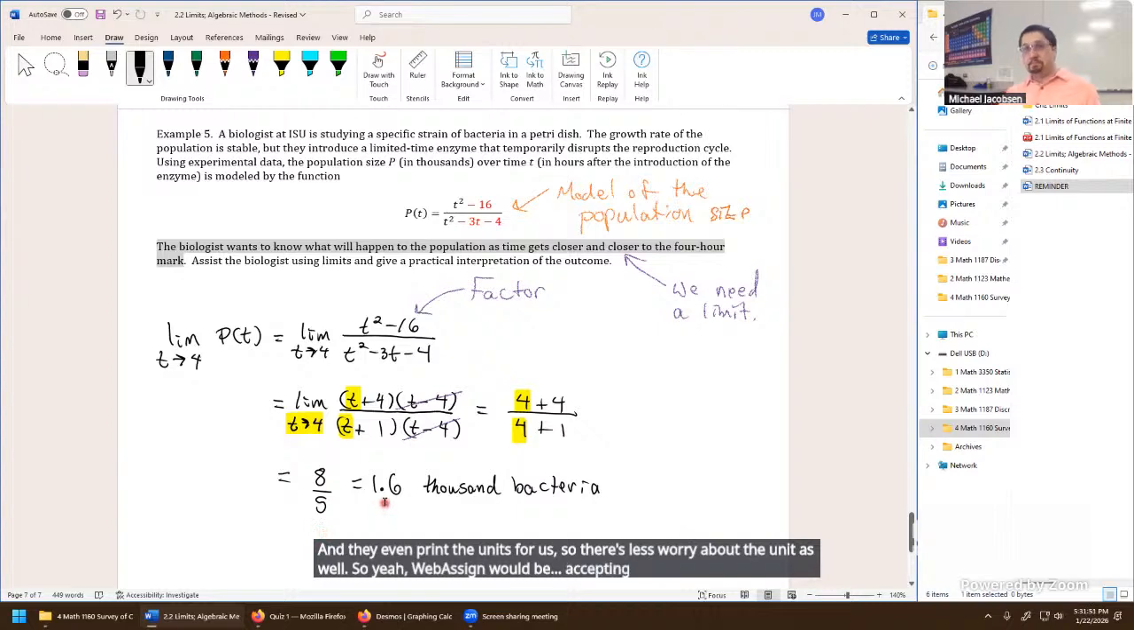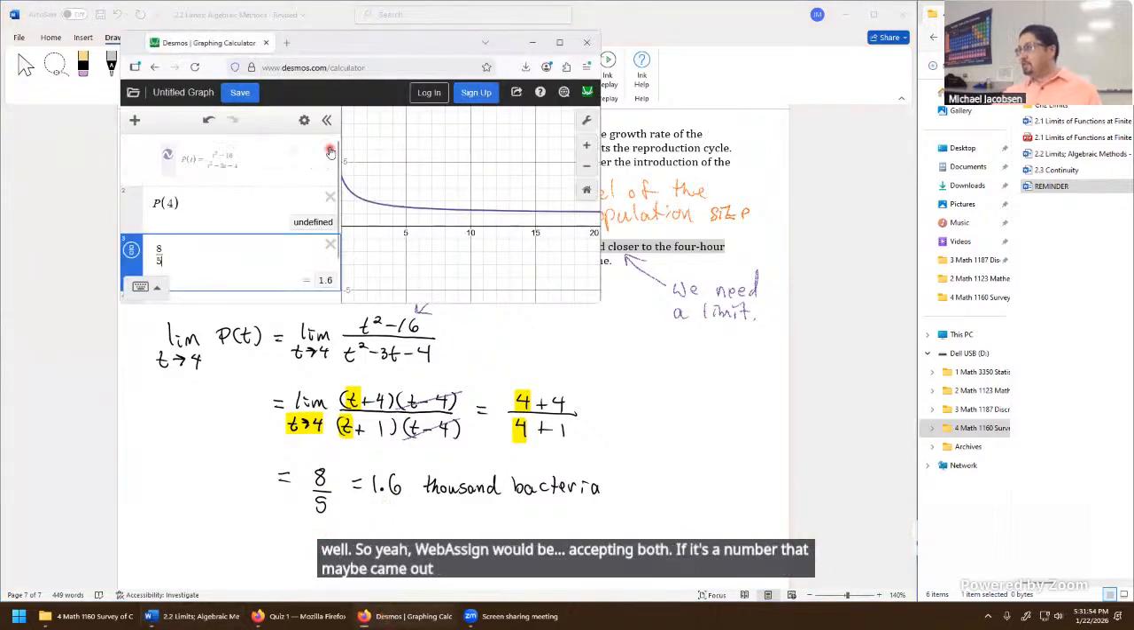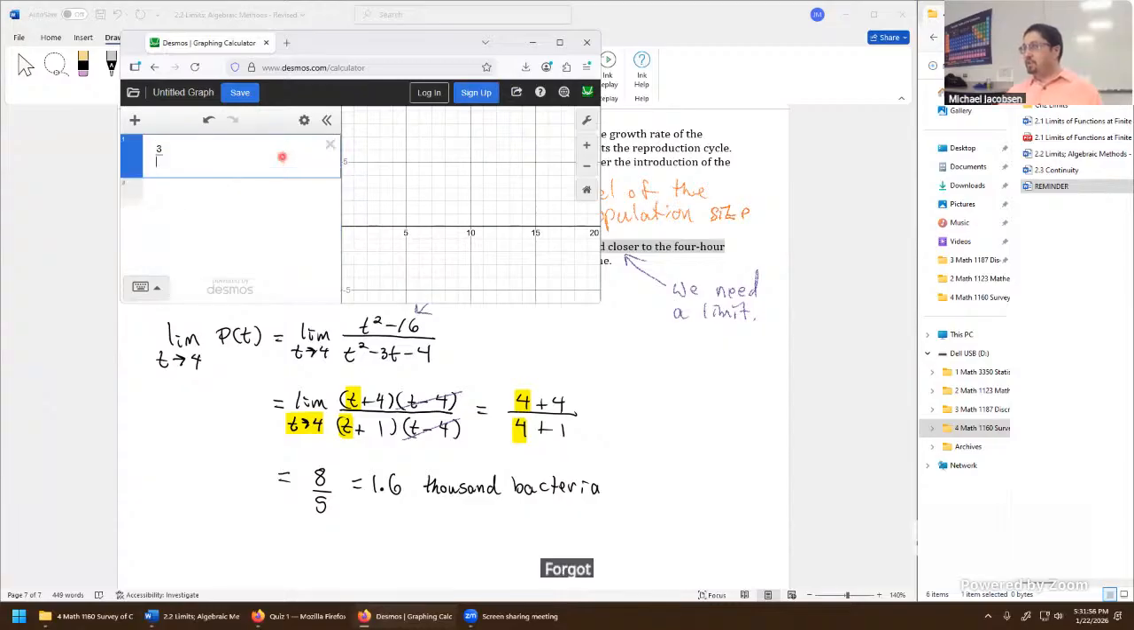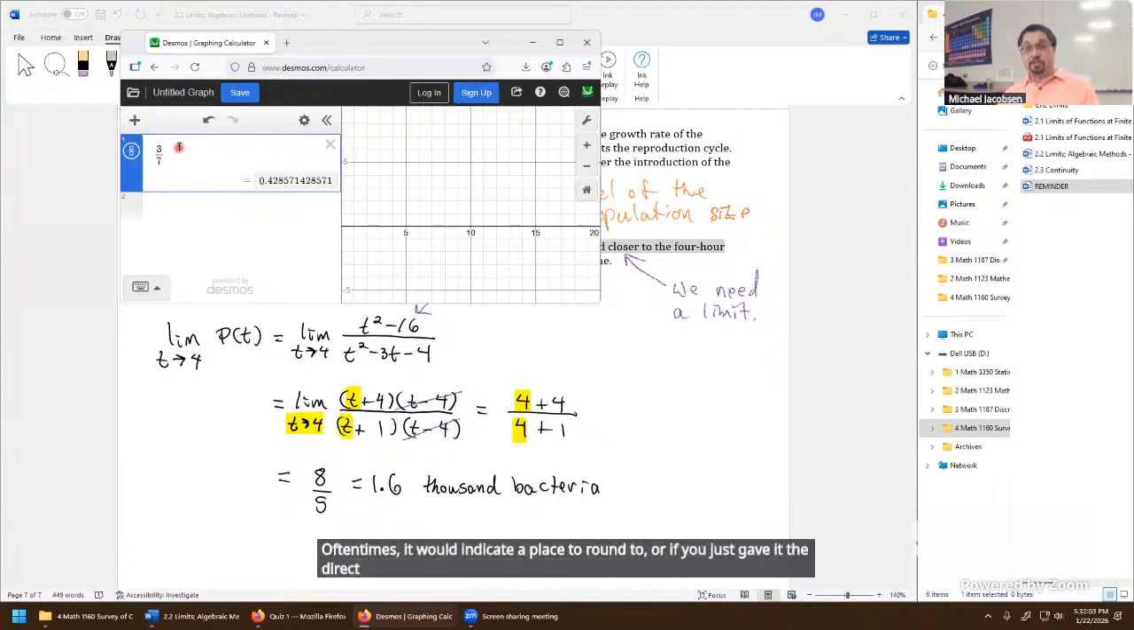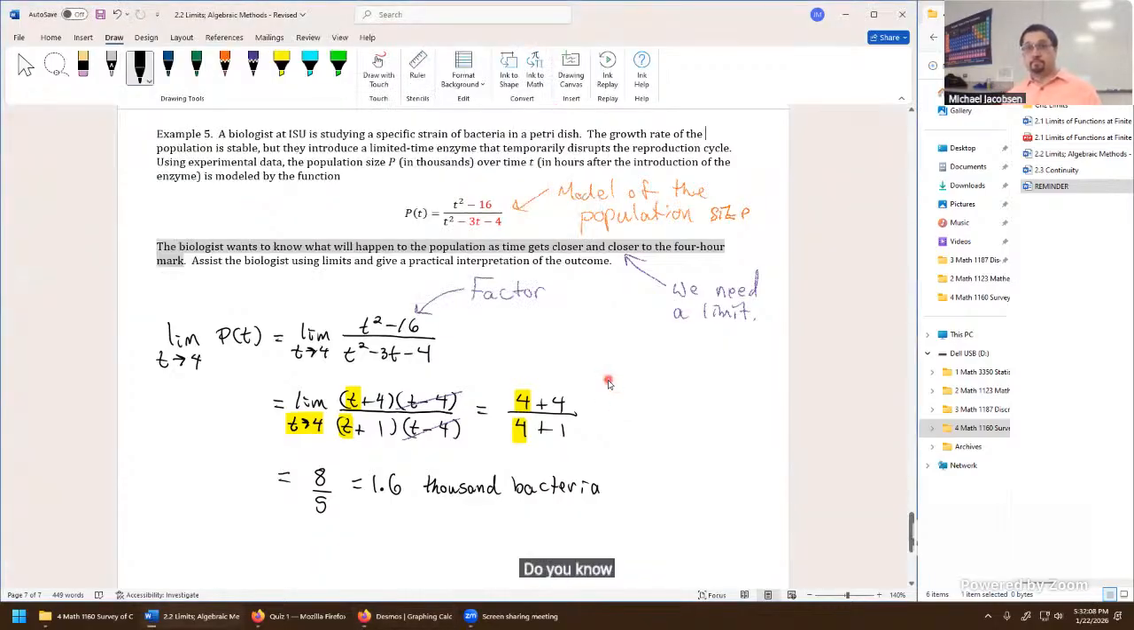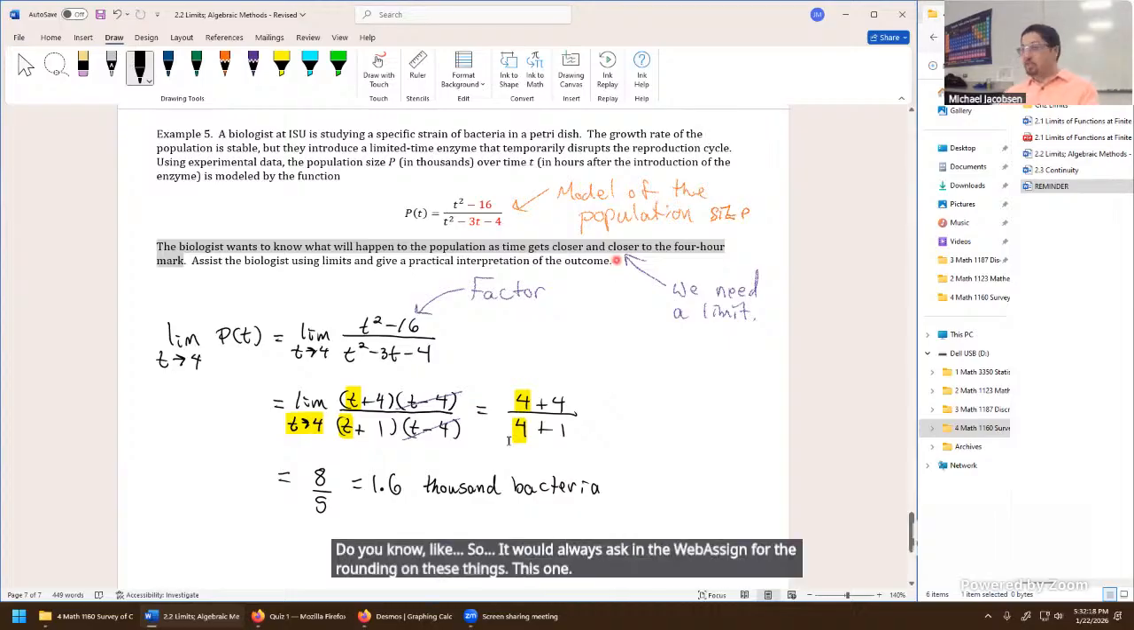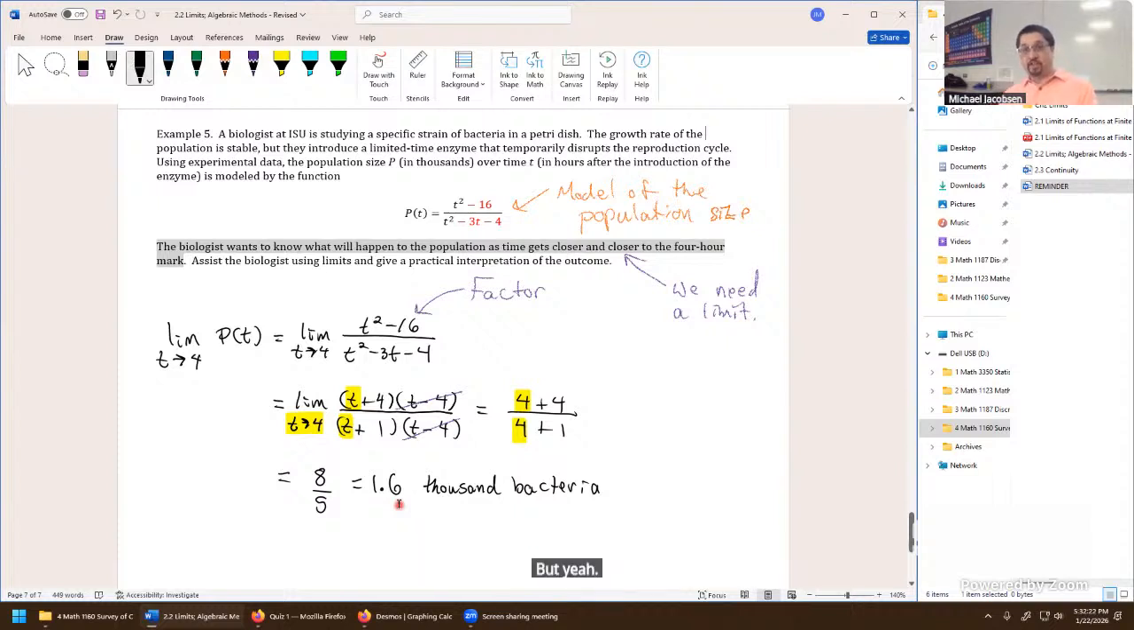If it's a number that maybe came out, say like 3/7, for example, oftentimes it would indicate a place to round to, or if you just gave it the direct fraction, it would take that result as well. It would always ask in WebAssign for the rounding on these things. This one, I didn't actually say what to round to because it came out as a dead-on exact 1.6. But WebAssign is pretty specific on the rounding as well,